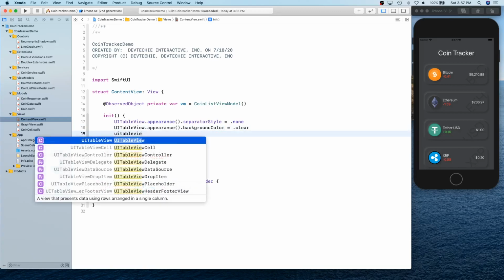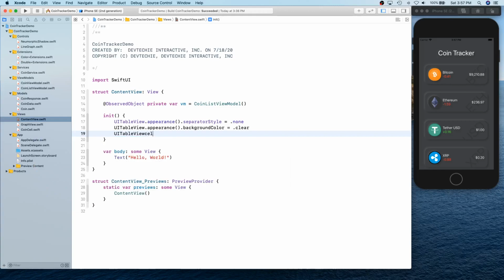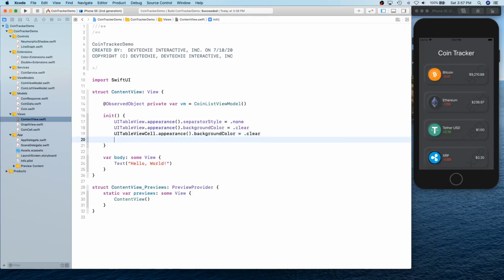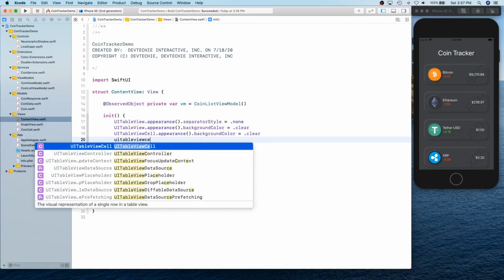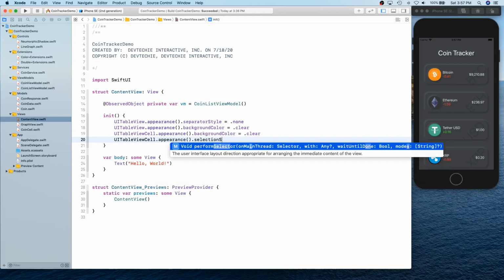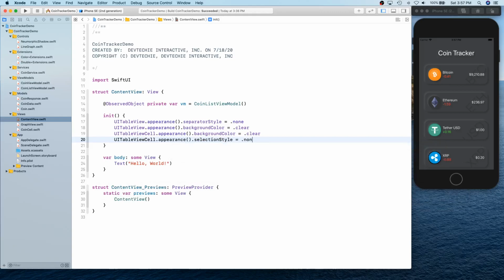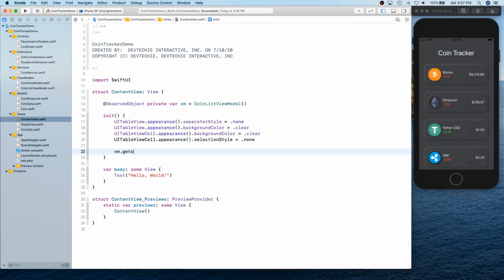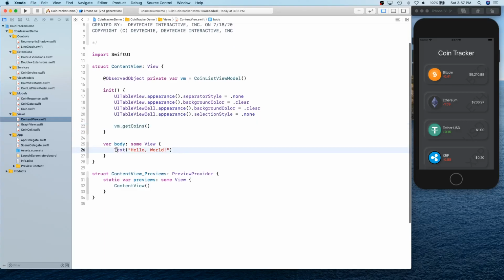UITableViewCell.appearance also has an appearance object, and background color for that one is going to be clear too. And UITableViewCell.appearance().selectionStyle is going to be none. Now we're also going to call viewModel.getCoins here, and within our body we're going to create